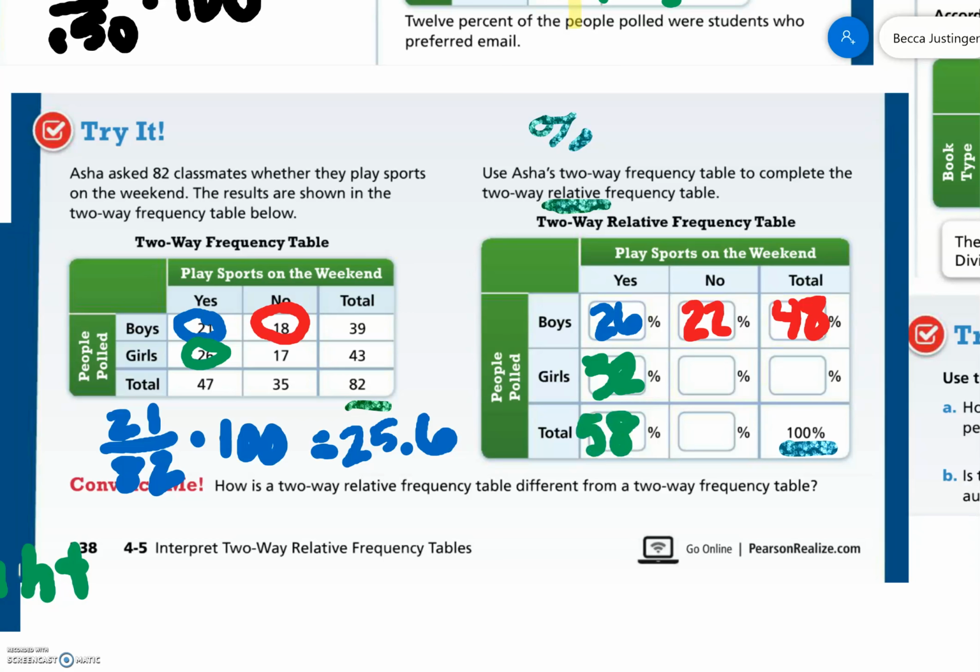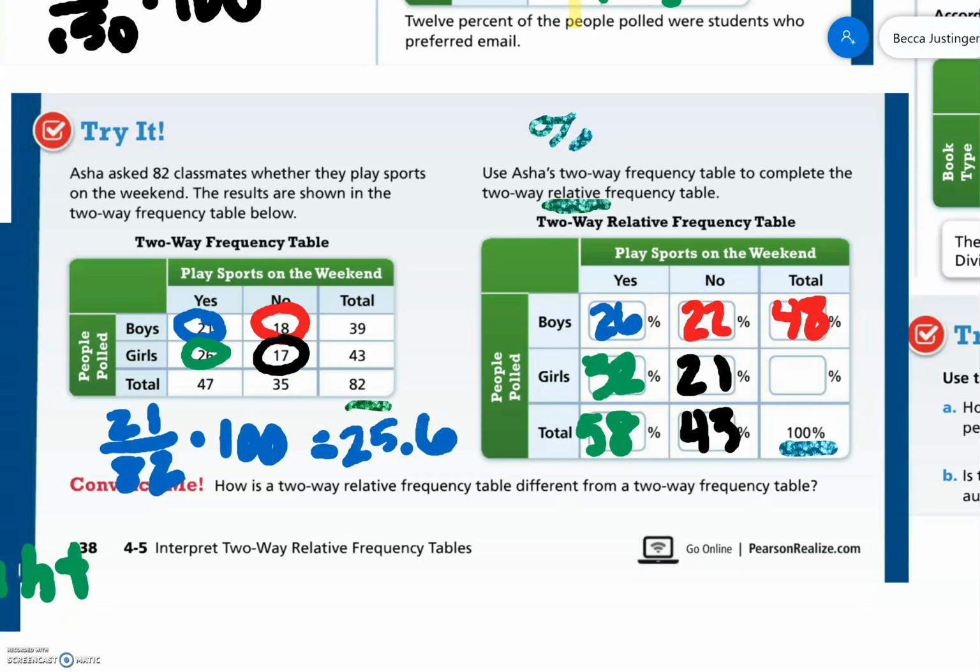And the last one I need to find is girls who say no. So that's 17 out of the total 82 times 100 gives me 20.7. So I'm going to round that up to 21. Add them down gives me 43. Add across gives me 32 plus 21,